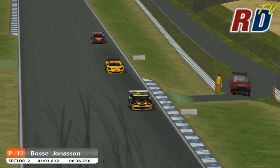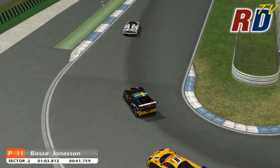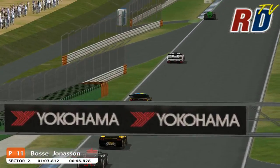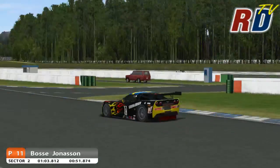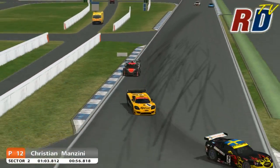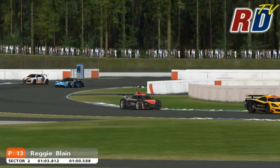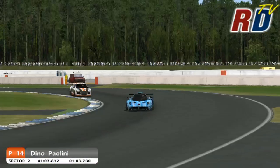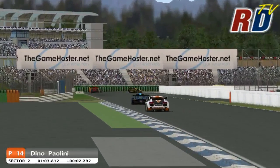And then I see the yellow text line warning for that, but I couldn't read who it was. So let's make a rundown from here, because we did not show the cars at the start. In P11 we have Bosse Johansson, P12 is Christian Mancini, P13 is Reggie Blaine, P14 is Dino Paolini from Waterloo,